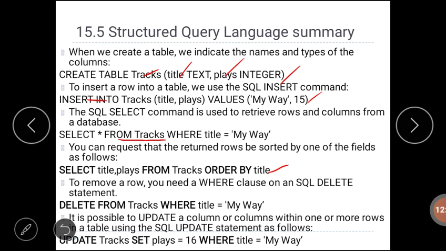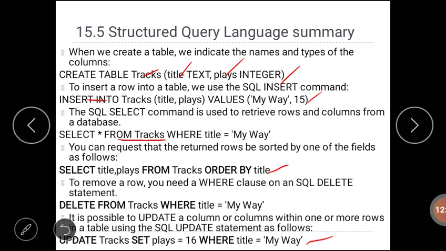Next, UPDATE. Here the value of the attribute place is assigned a new value for the record having the title my way, that is UPDATE tracks, that is the table name, SET place equal to 16 WHERE title equal to my way. Wherever we have the title my way, that place value you have to update.